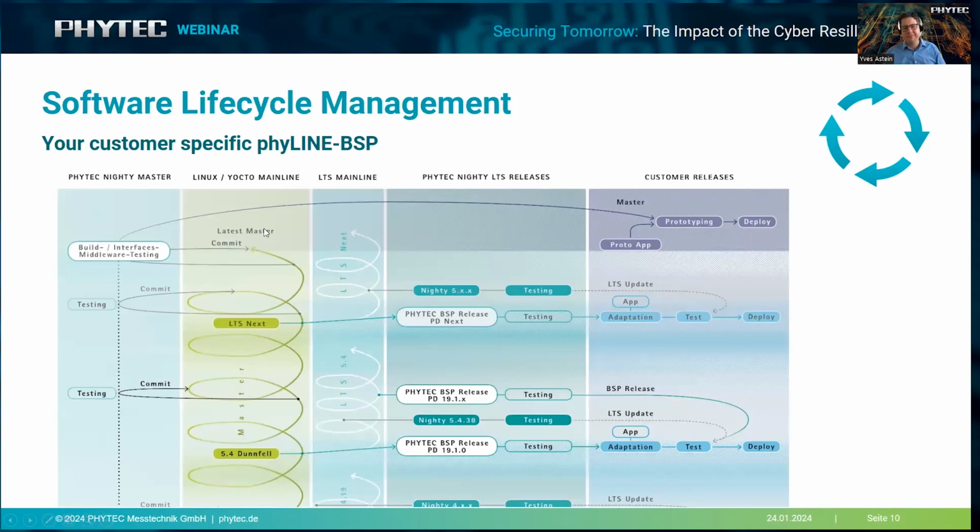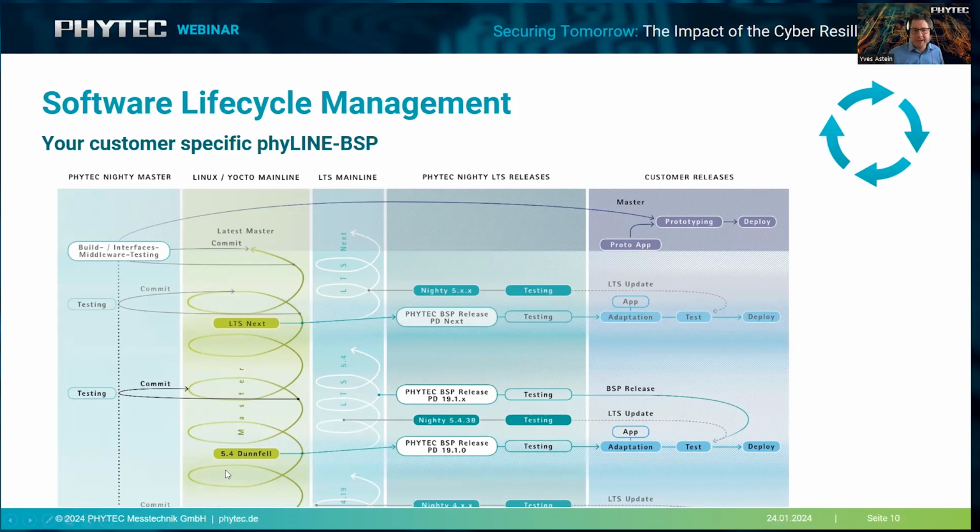So this is kind of the whole infrastructure that we are using. In this column here, you can see the typical Linux mainline. As you all know, Linux continuously adds functionality and code to the mainline kernel, and you have the latest and greatest master running here. But of course, this is not stable. So you wouldn't want to base your product on one of these minor releases here that are just changing all the time, and features are functioning, not functioning. So you want to make sure that you have a stable base for your product to base your software on.